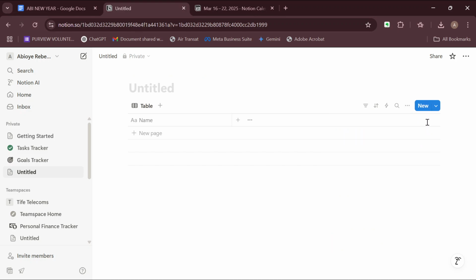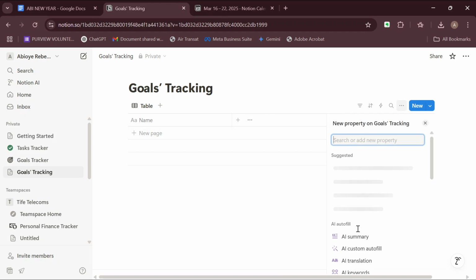So in order for you to track goals, the first step would be for you to title this page as something like goals tracking. All right, and then the next step will be for you to add properties. So this row is the row for you adding properties. All right, so click the plus icon and then go ahead to type out your property based on the function